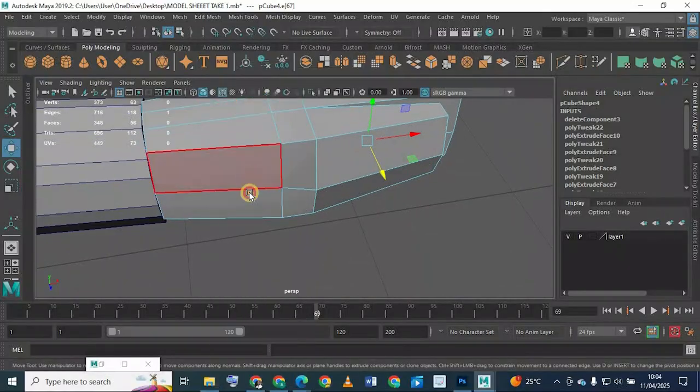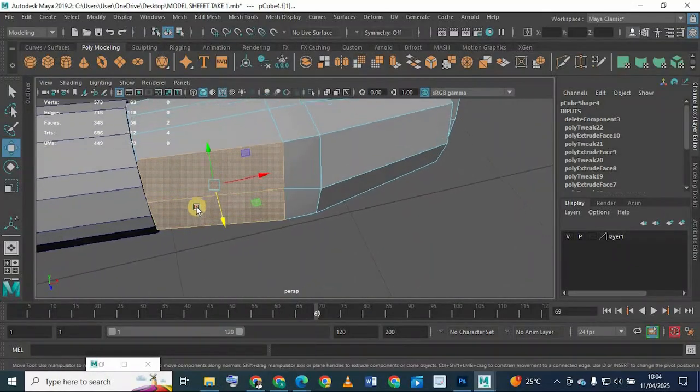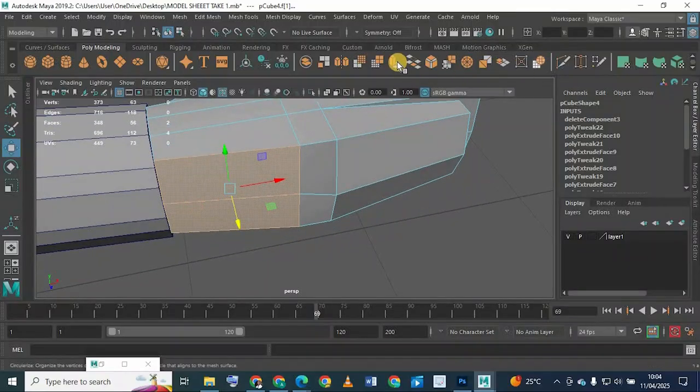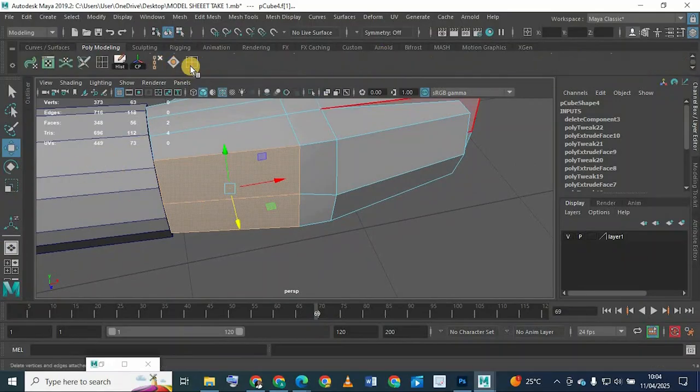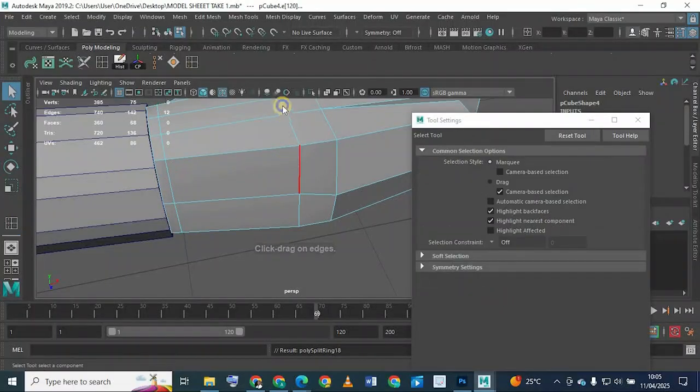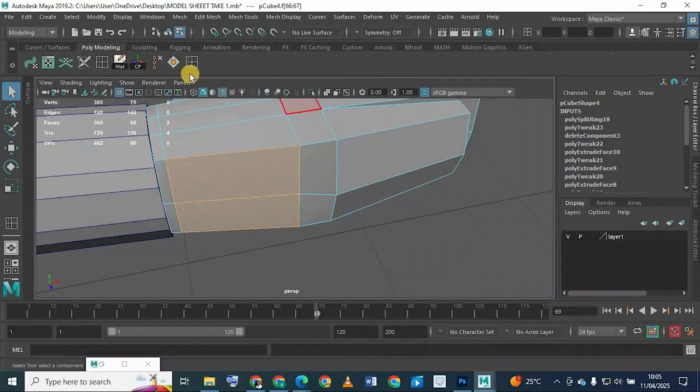Okay, so we have our thumb, which I believe I have to take off from here. But let me first add a line to separate it of that. Our thumb should come off from here. Sometimes for the thumb, okay, it comes off straight anyways. So I'm just going to